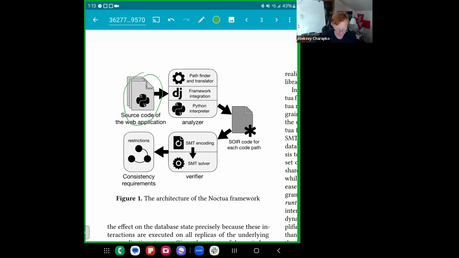They do it somewhat statically, but somewhat dynamically. They're targeting Python as their language, and I believe this whole analyzer runs alongside